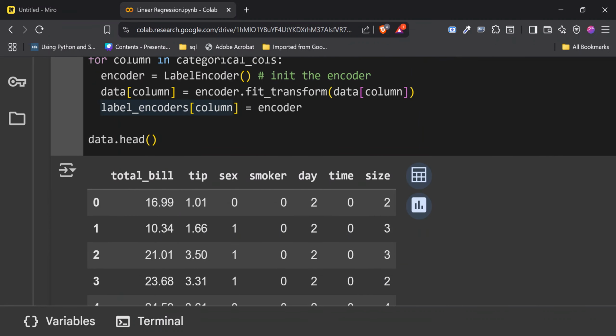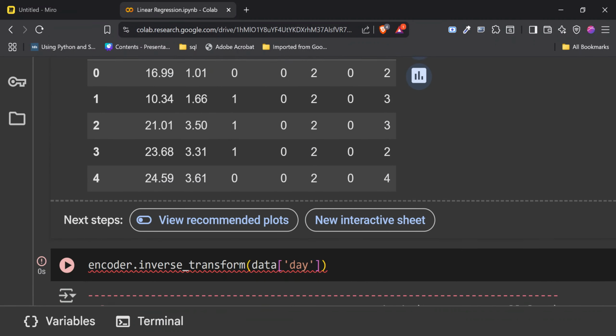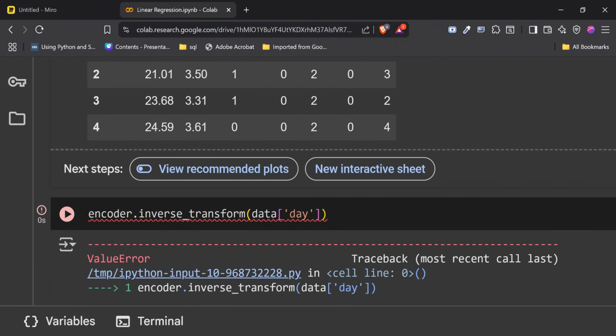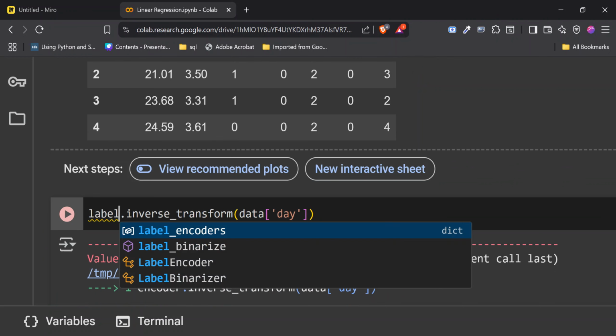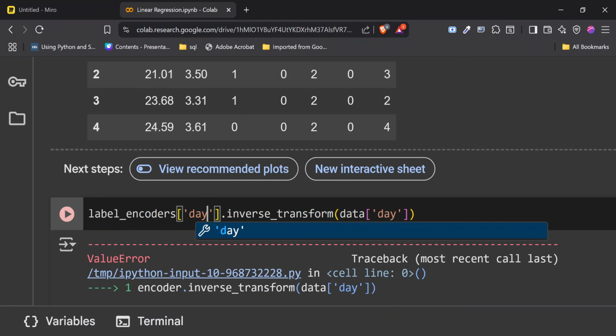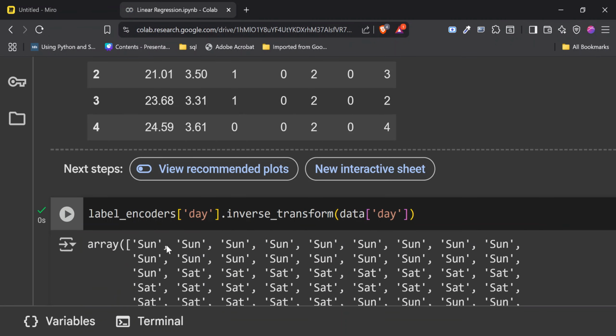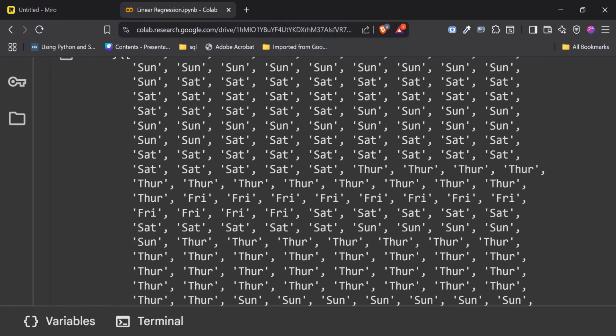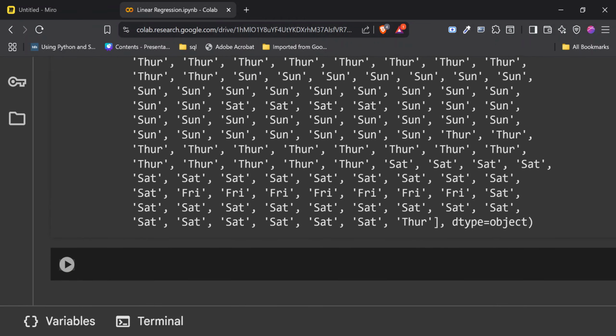But now, if I want to make this work, I can actually say label_encoders of day like this. If I do inverse transform on day, now it is working. We have the one for day, which is Sunday, Thursday.